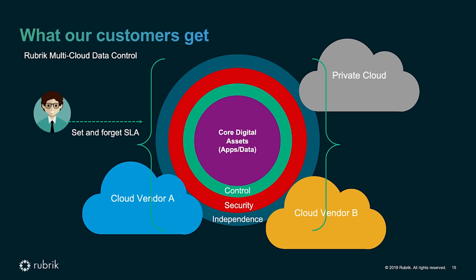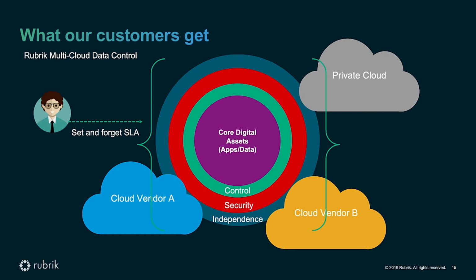And the way that we do that is we sort of eclipse them with an SLA, essentially. So you have your applications and your data. We ask you as an organization to define a service level agreement on that data set. So how do you want to protect that data in terms of how many copies of the data do I want? Where does the data need to sit? Do I need to replicate the data? Do I need to encrypt the data? Do I need to push it from on-prem into the public cloud? And then what are the security controls around that data set? So that's baked into that SLA,